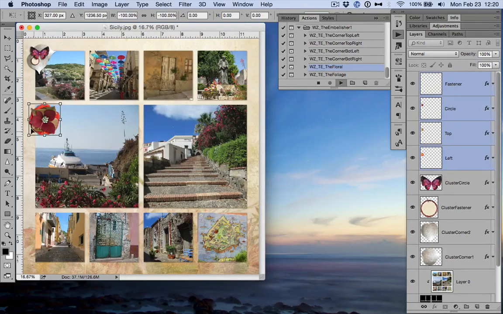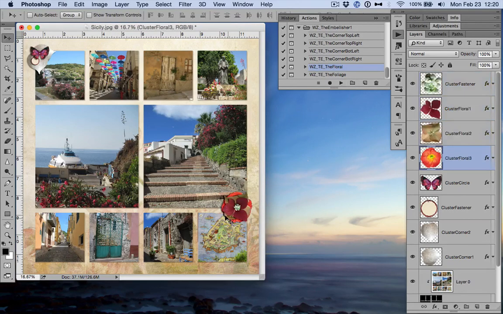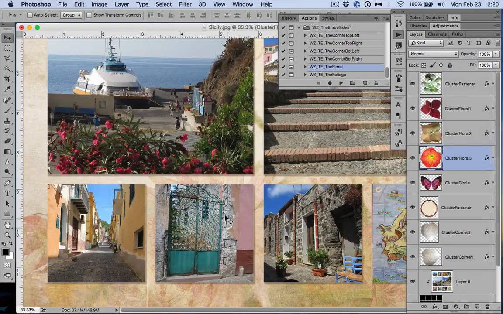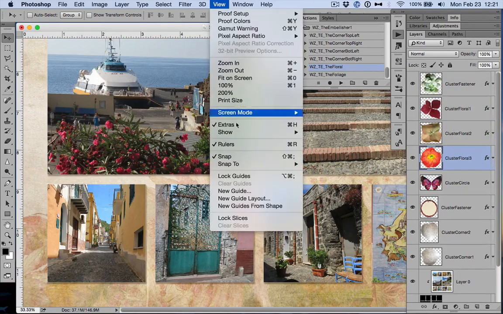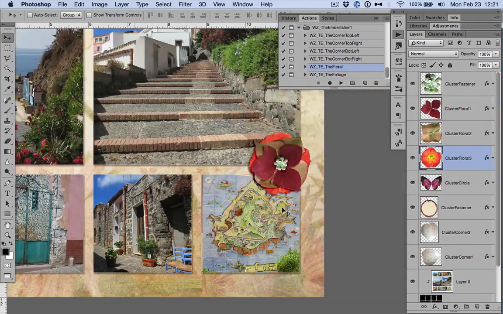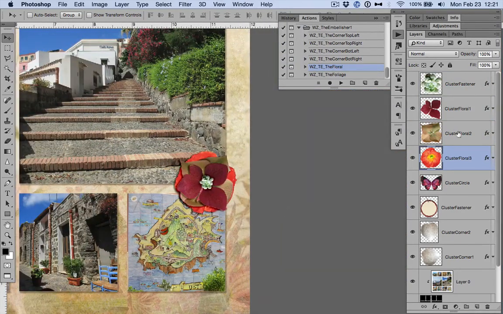All right, and there is the cluster, and we can position that wherever we want it to be. So let's say I want this one over here. I'm going to press enter, and then I can zoom in. I'm going to go into full screen mode here. Okay, so now I can zoom in, and if I want to, I can rotate these a little bit,